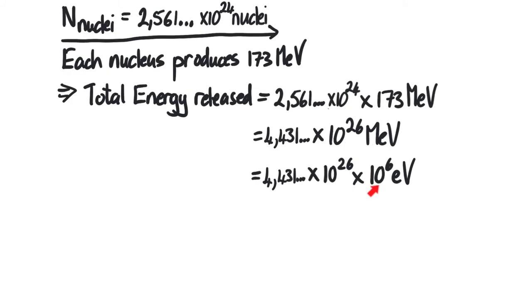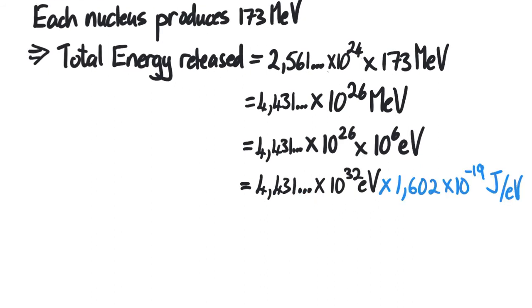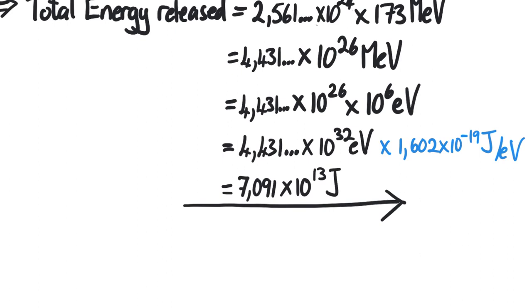1 mega electron volt is 10 to the 6 electron volts, so that gives us 4.431 times 10 to the 26 times 10 to the 6 electron volts, which gives us 4.431 times 10 to the 32 electron volts. Note that I still have not rounded off yet. And now recall that 1 electron volt is equivalent to 1.602 times 10 to the negative 19 joules per electron volt, which gives us that the total energy released is 7.091 times 10 to the 13 joules, which is an immense